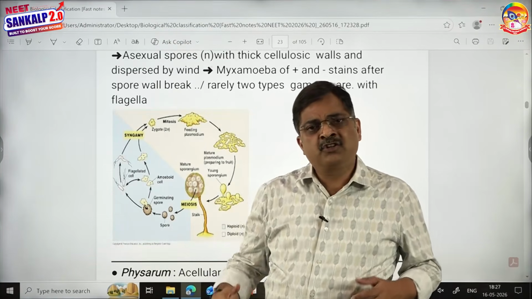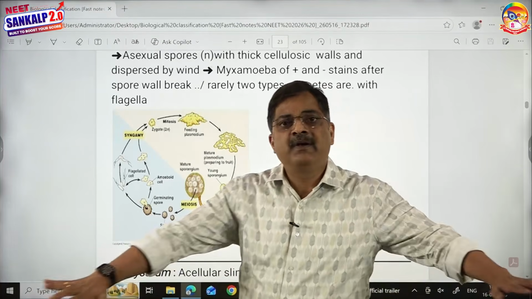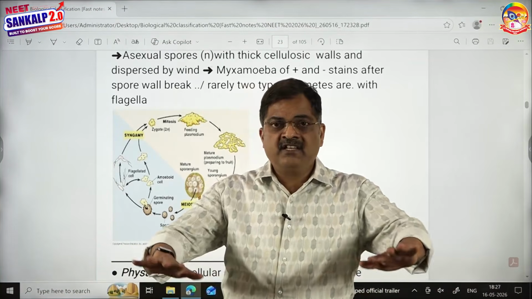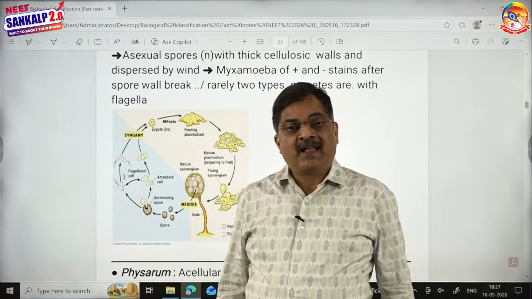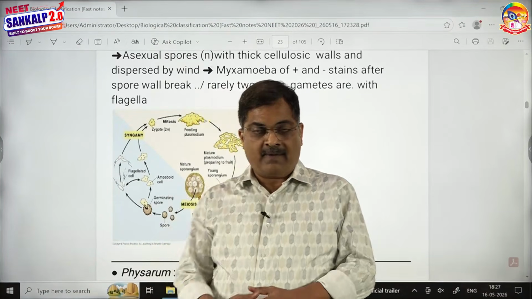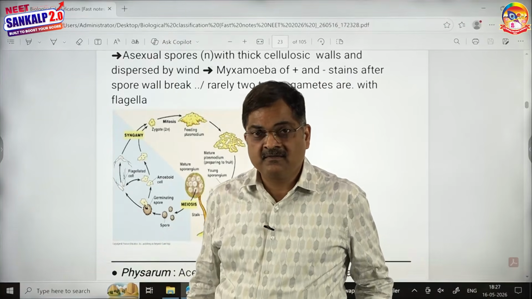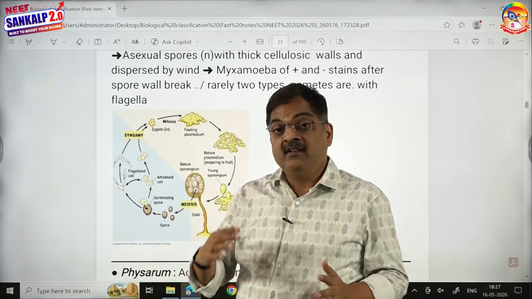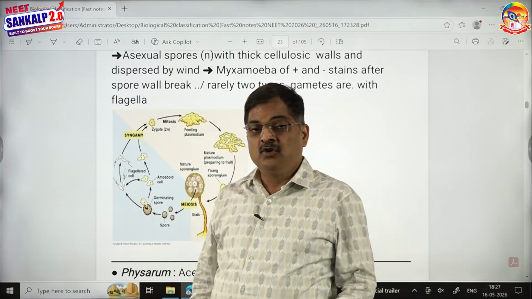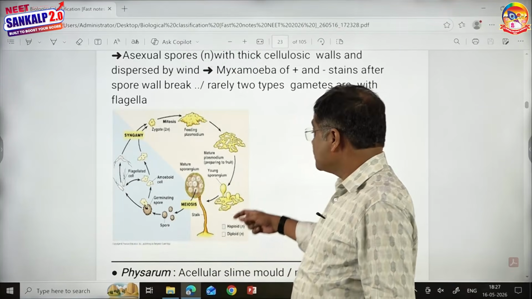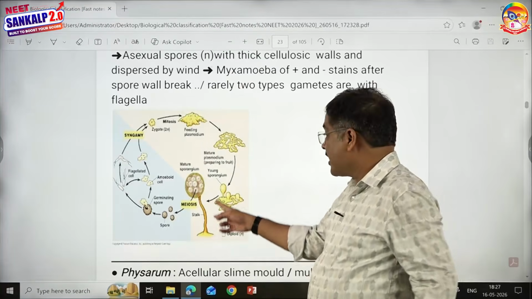So whenever conditions are favorable, whenever there is plenty of decayed organic matter, it starts spreading on it, secreting slime. Hence it is called slime mold. This plasmodium spreads on dead and decayed organic matter. Conditions will not be the same at all times, isn't it? So when there is deprivation, when there is a lack of proper food, you know what this plasmodium does? It is going to produce a fruiting body or an erect mass called sporangium, just like